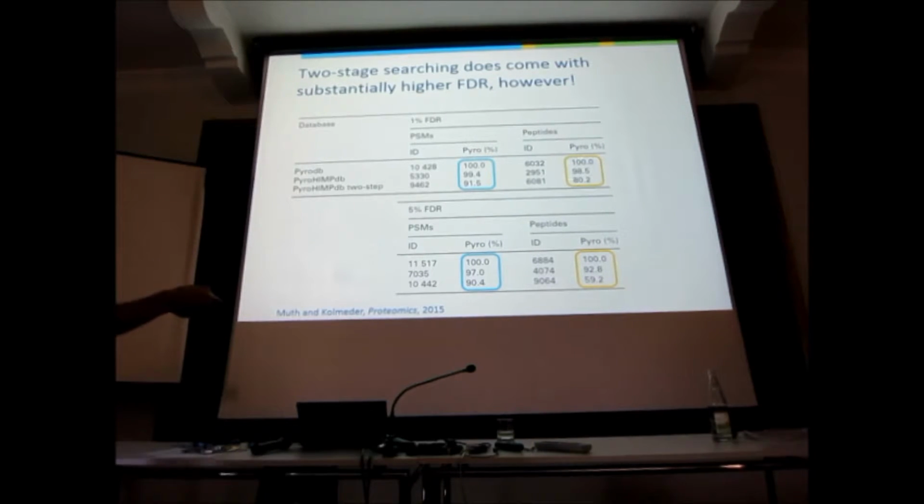At the peptide level, you go a bit over the 1%. Here you stay a bit under the 1%. That is rather typical. Any step you go up from the peptide to the spectrum, you tend to accumulate more FDR than you expect. At the protein level, there's even balloons. So, what happens in the two-step?